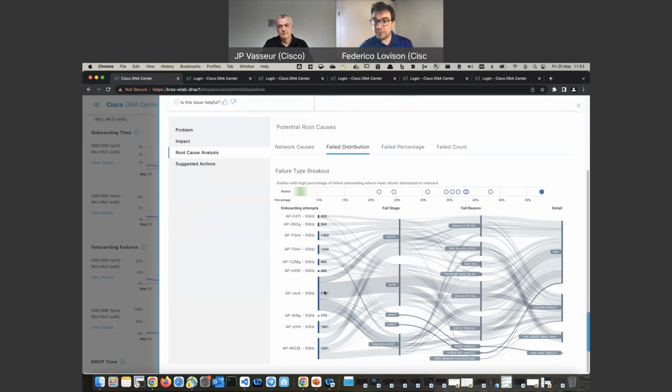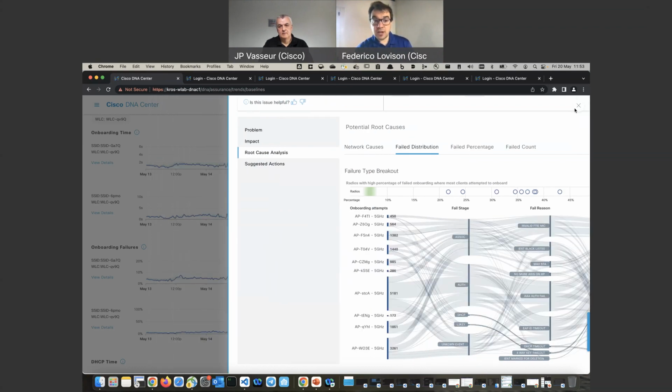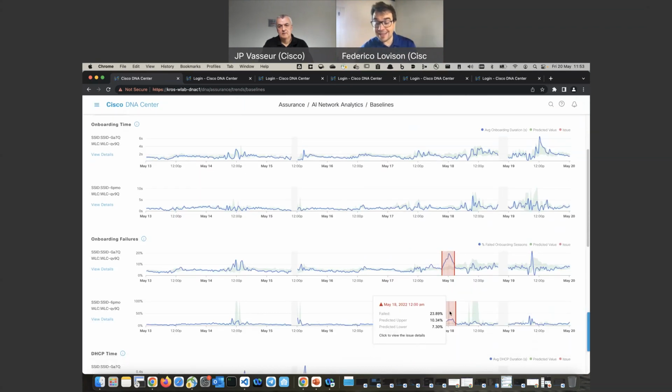So to understand what have been the most affected APs. And this is, again, the goal, to go from a baseline, which is the building level, down to the individual floor and actual access point. So this is an example of an issue, where we got you to understand that authentication was the culprit at this time. Also, this visualization allows you to see that at that site, at that same time, there was another